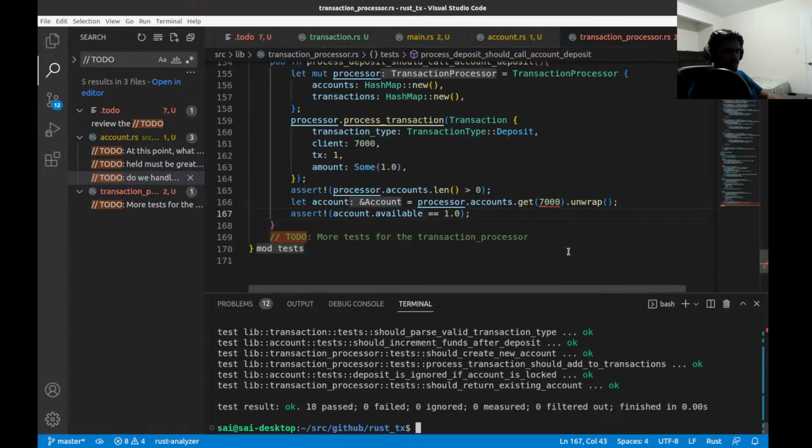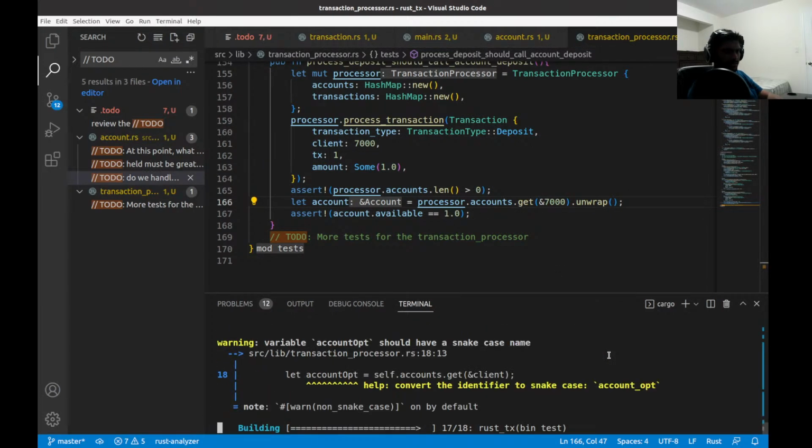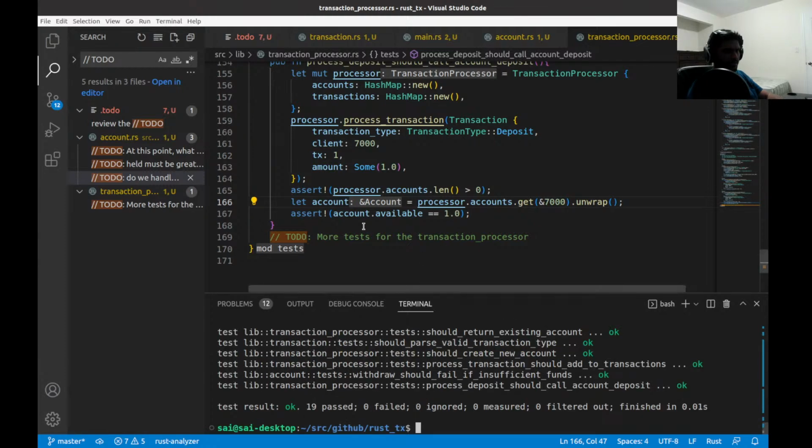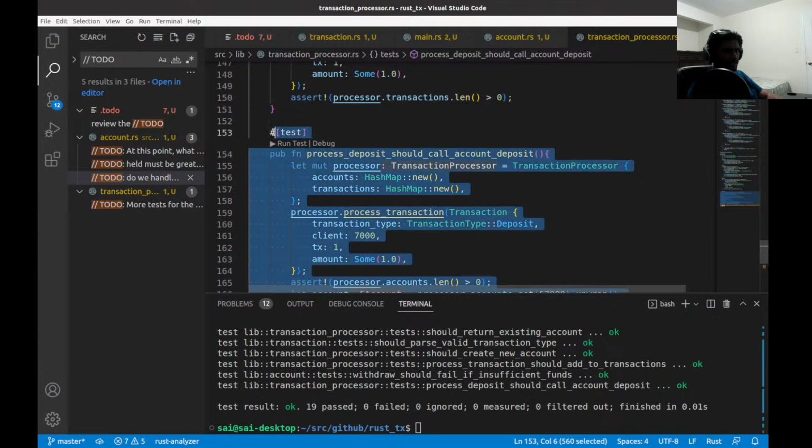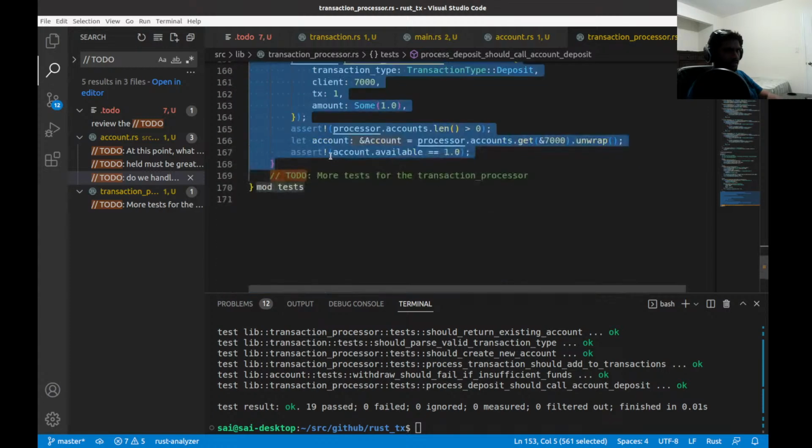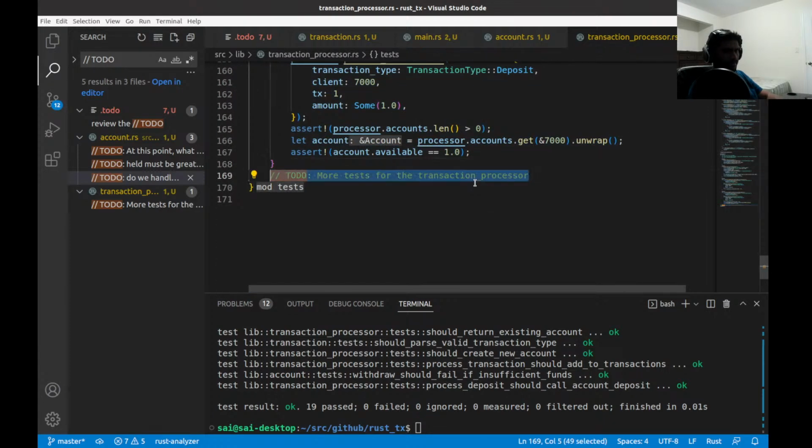So let's do the test. What's the problem here? Right, okay, fine. Let's do that. Let's run this test. So we have tested the deposit. Let's also test the